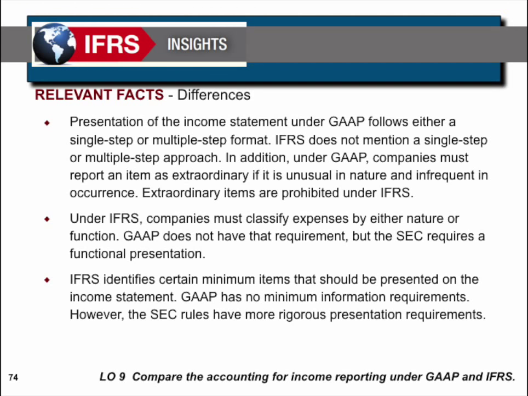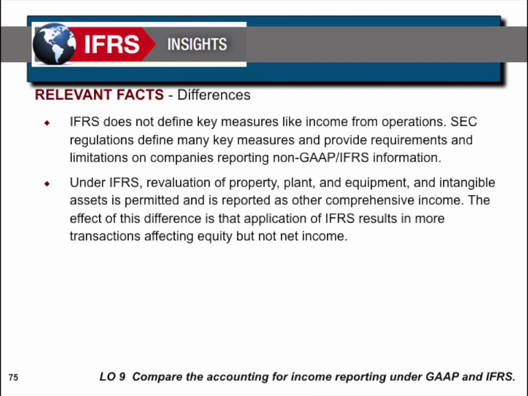Under IFRS, the companies must classify expenses by either nature or function. GAAP does not have that requirement, but the SEC requires a functional presentation. IFRS identifies certain minimum items that should be presented on the income statement. GAAP has no minimum information requirements. However, SEC rules have more rigorous presentation requirements. IFRS does not define key measures like income from operations. SEC regulations define many key measures and provide requirements and limitations on companies reporting